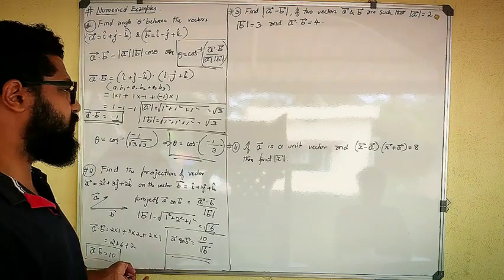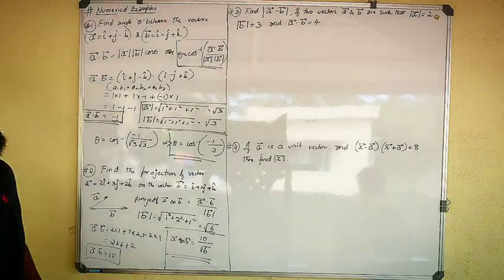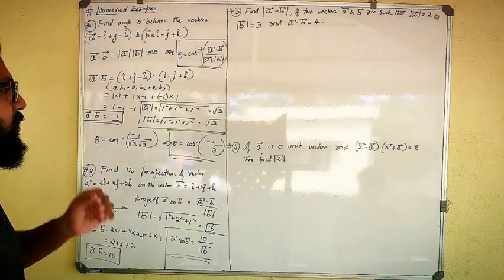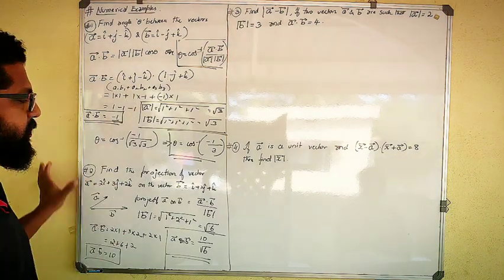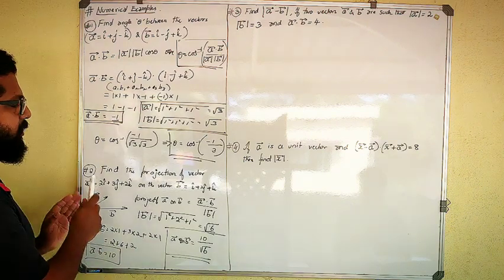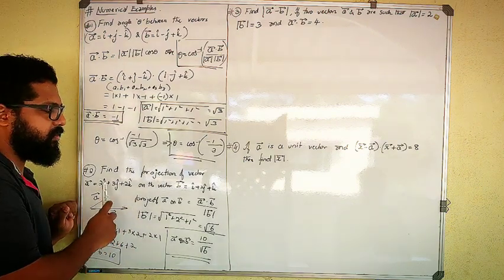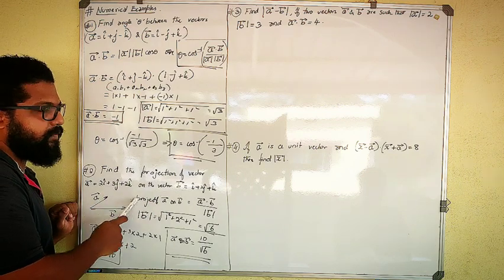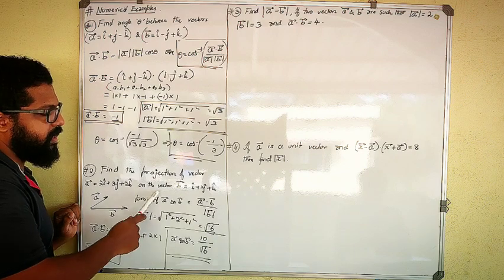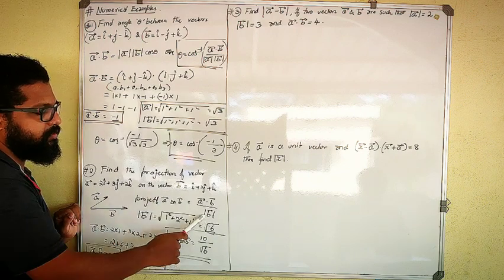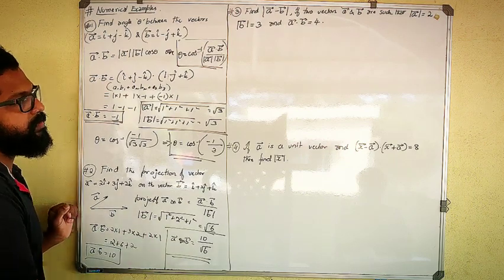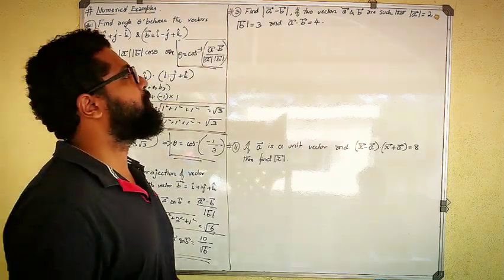Easier ones. So these will be asked usually. Projection will be asked or angle between will be asked in some way or the other. They will ask this question. So make sure you understand this easy concept and do not get confused as soon as they ask. The main common mistake you will make is not looking at what vector is falling on what vector. Okay? If in case they had asked for B vector on A vector, this would change. Do not get confused with that, and this is the common mistake, so please remember it.